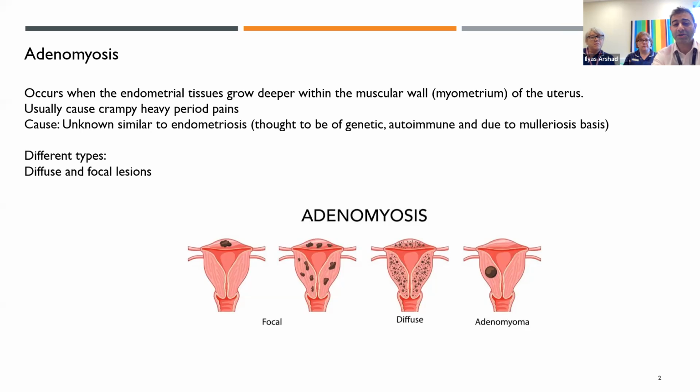As you can see in this slide, right at the bottom on the right-hand side, adeno can be a focal deposit. Here it can affect implantation and fertility. If this was drained, you can manage adenomyosis by drainage, and that can help patients with infertility issues. The other type of adenomyosis is the one in the middle on the right, where my cursor is,